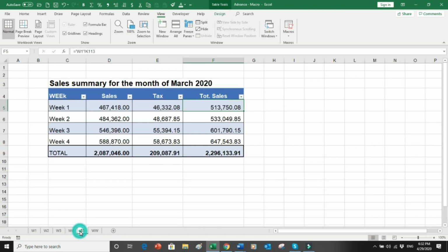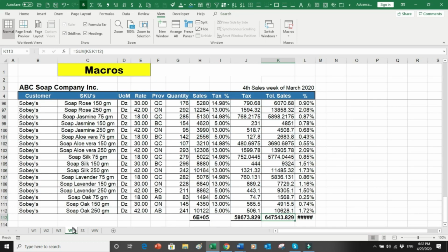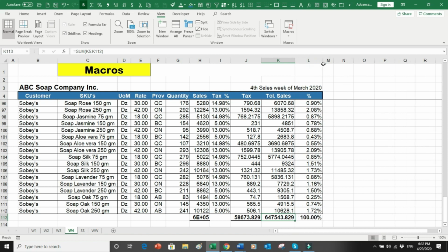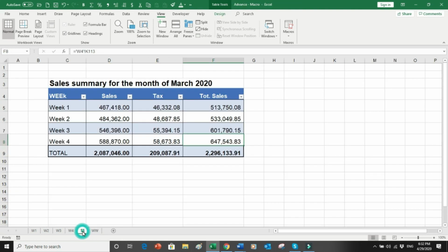And now if I go on to my sales, my summary has automatically been updated by the link. So what is the source of this 647, or let's say what is the source of 647? So double click here and it comes into week 4 and says this is the source of 647, and I'm okay with that. Okay, I will continue more macros